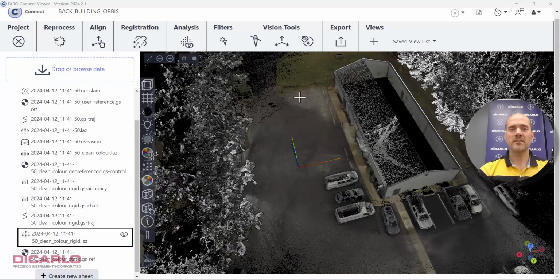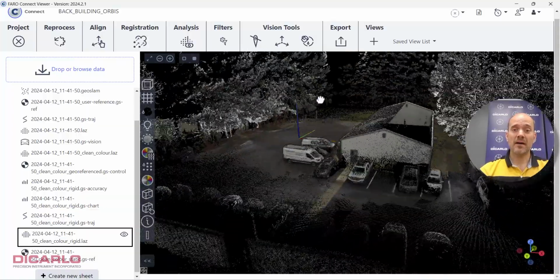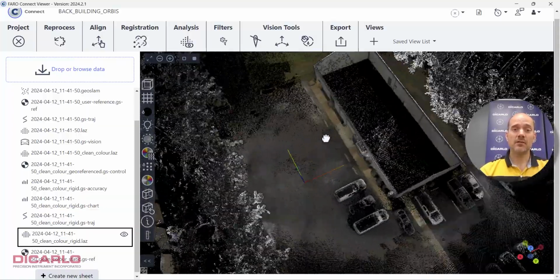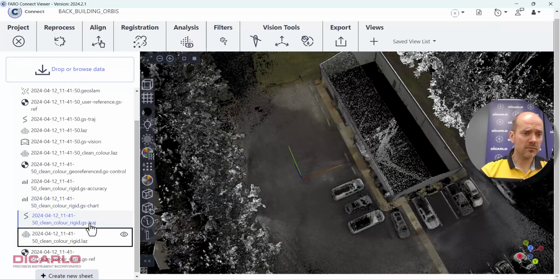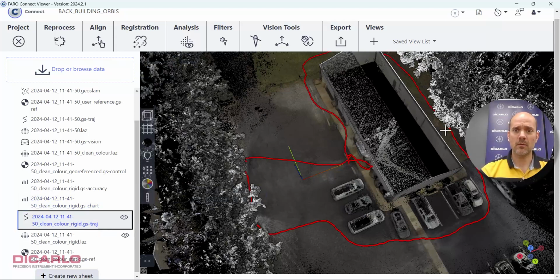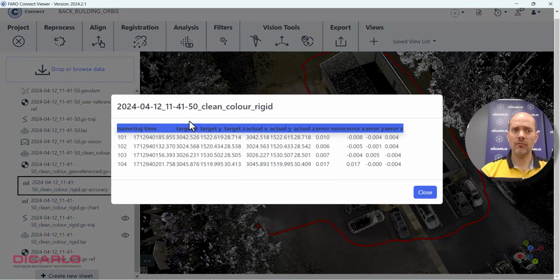In one of my previous videos, I was comparing the Orbis to the FARO Premium Flash workflow, both with first-person view videos and then the actual processing videos. The two results are I have my training center scanned with the Orbis. We should be able to see the actual trajectory. This is how I walked around. You can also see the accuracy of how I was able to hit the 4 targets that I had here,